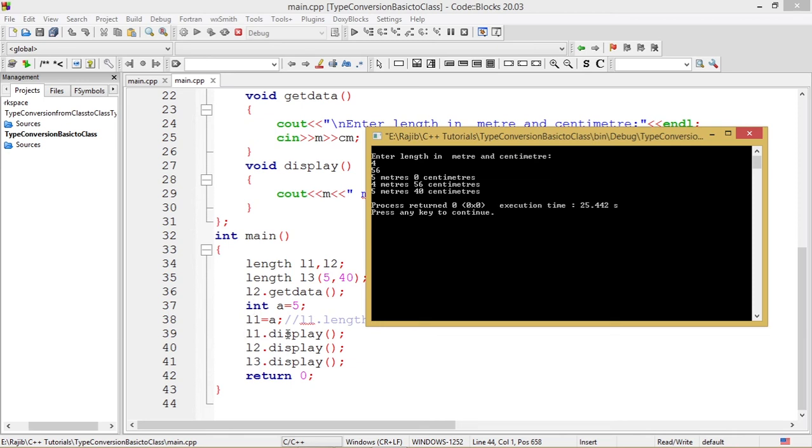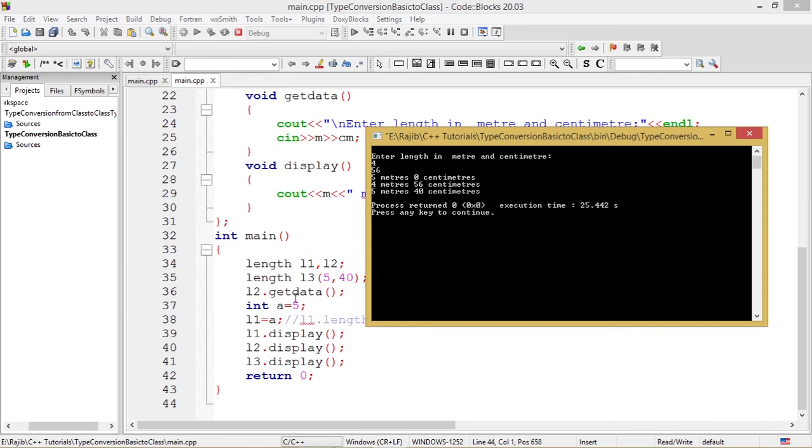What is L1 dot display? L1 dot display means we have assigned A to L1. So that is the line of type conversion which converted the data type integer into a class data type of length data type.